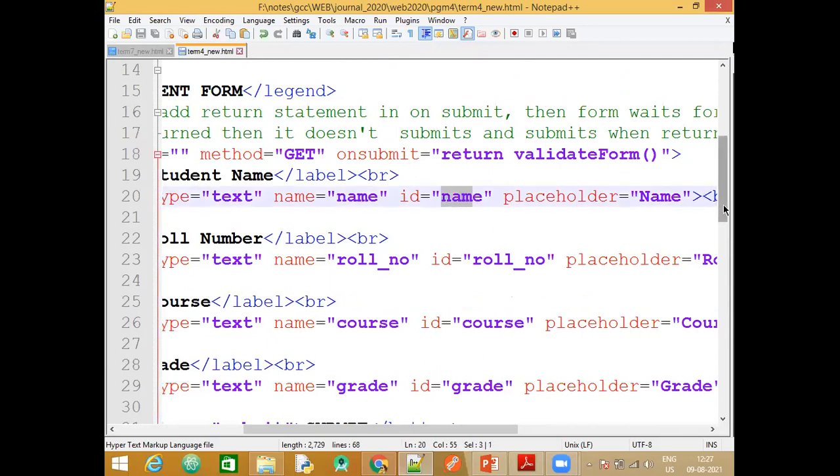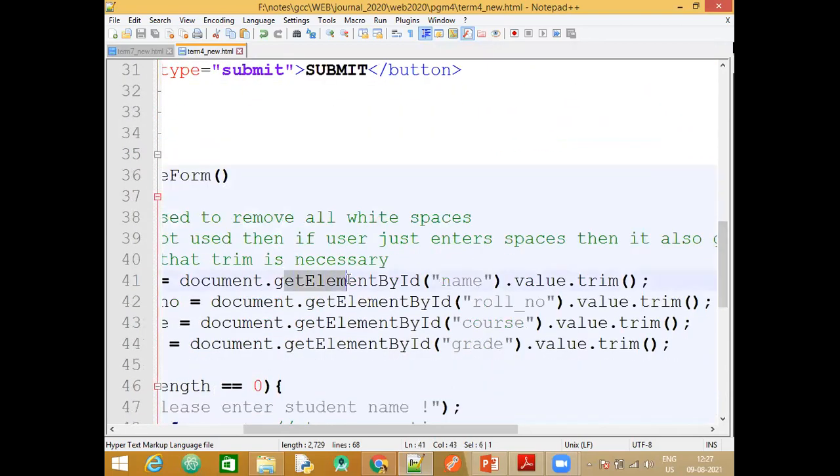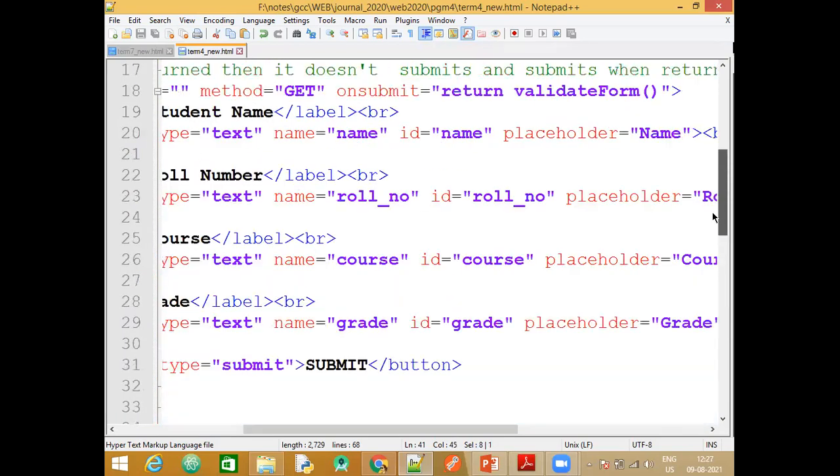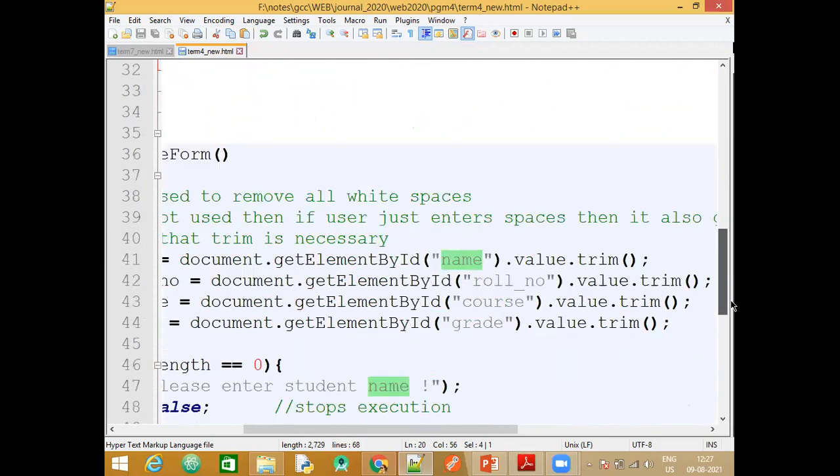What is this statement doing here? It is trying to get the element. The element we have is text box. The first text box, first text box ID, name. So with this particular unique ID, I am trying to refer to this text box. So whatever the user enters in this text box will now be stored in my variable, that is st_name.